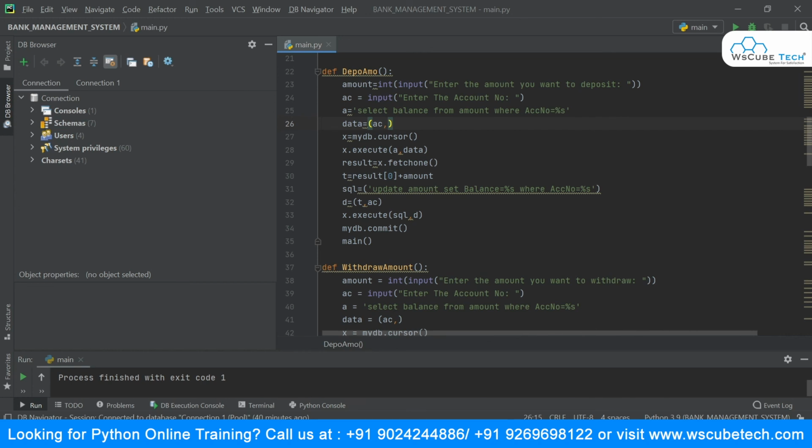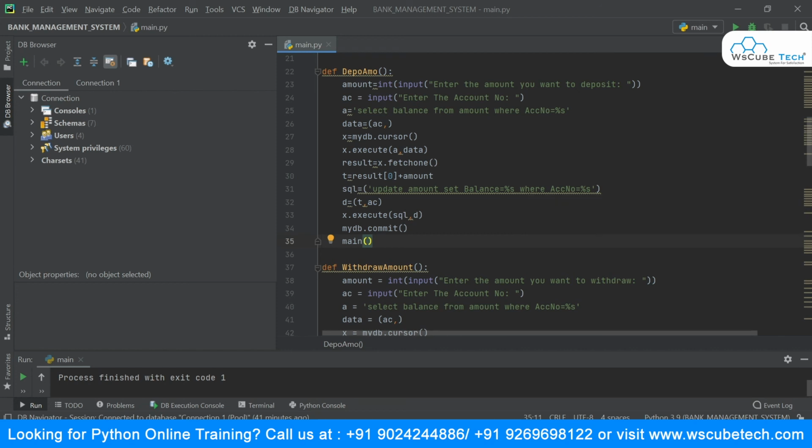Okay. And once done with this, what I just want to do over here is update the record. Okay. So not the record, I want to just update the balance over here. So I'm saying that update my amount and set the balance as whatever the balance initially I was having. So what basically I'm doing over here is I'm simply updating my balance. All right. So this line will just update my balance in my table.